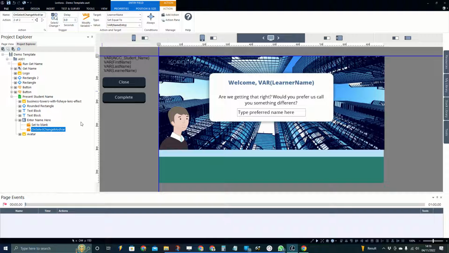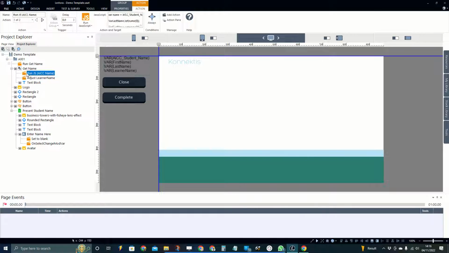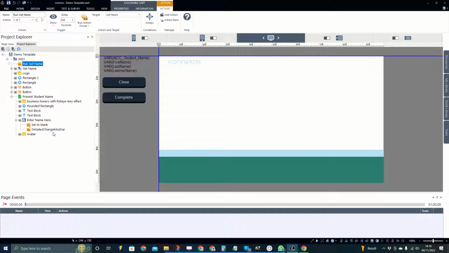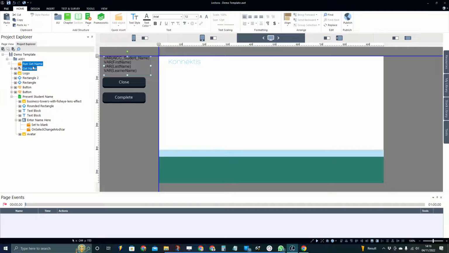With this method, actually, just suddenly thought, you would need to have these actions on just your first page, because if you think about it, this action is always going to set it back to first name, because this action runs on every single page. So if you wanted to use this name entry method here, you will just need to pop these actions on your page instead, which is absolutely fine. So we'd just put these